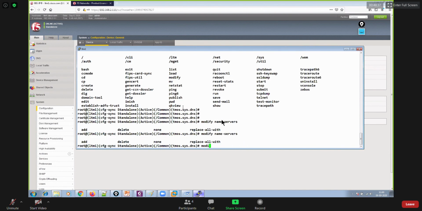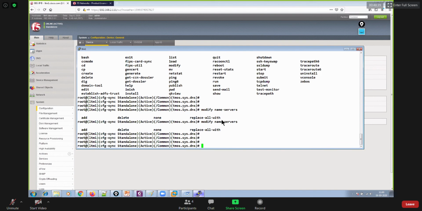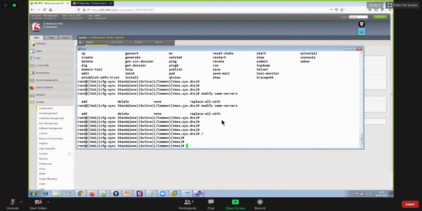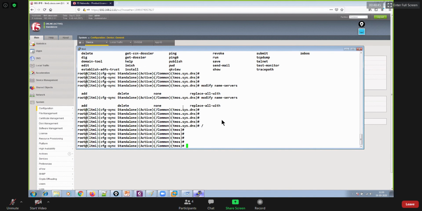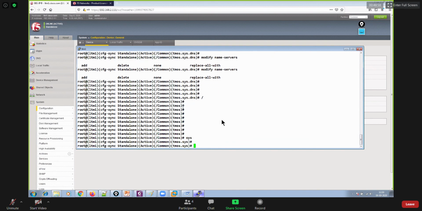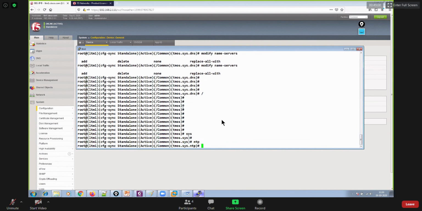The syntax will get reduced. If you want to come out from there, you could say exit to come out one by one, or just backslash to directly go back to your TMOS home directory. And thereafter, this is an NTP, and then you could say modify, server, add,